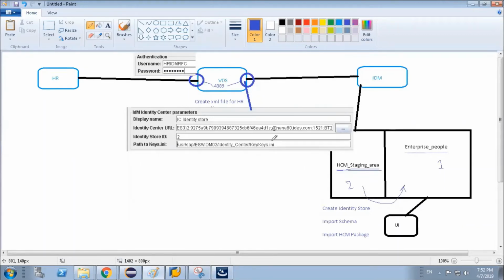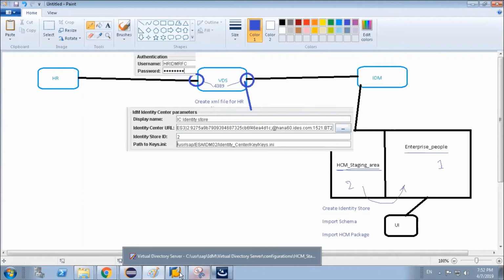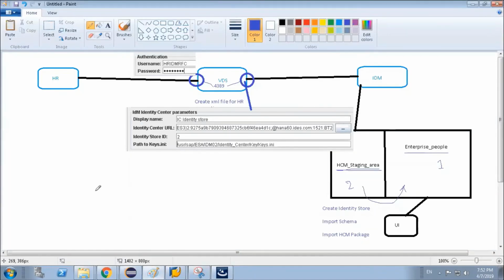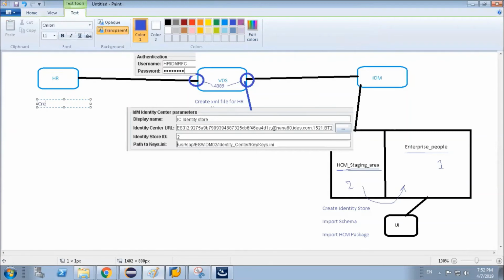Okay. So our next configurations we have to do in our IDM area. So the first configuration we have already done. What configurations have we done on our HR side? Create system user. Okay.